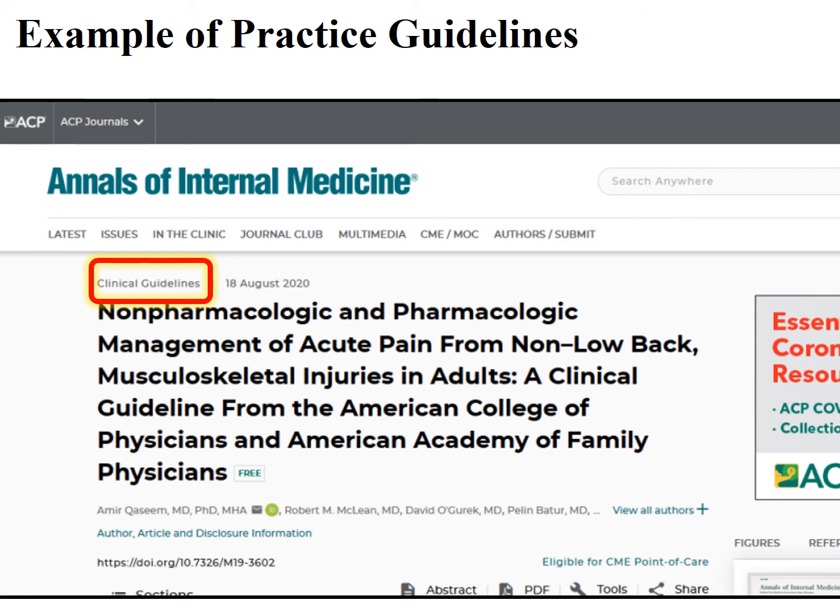Here's another example of a secondary source. Clinical practice guidelines, or sometimes clinical guidelines or practice guidelines, is what they're called. They are vital to patient care, and doctors and nurses use them every day in making decisions in the care of their patients. You can identify practice guidelines because the names of them usually include something like practice guidelines or clinical guidelines somewhere in the title, or in this case, a little piece of text just above the title of the article. So I've highlighted the words here for emphasis.